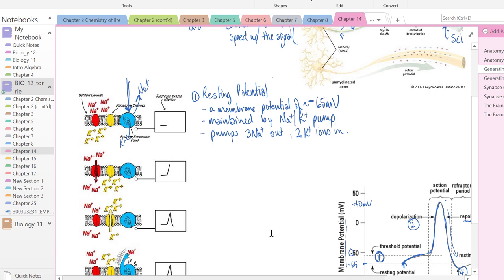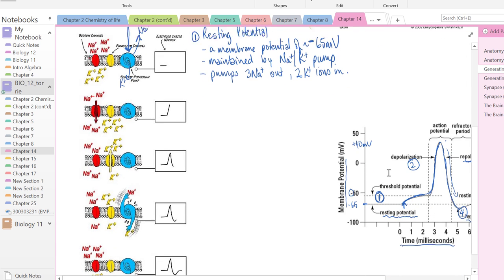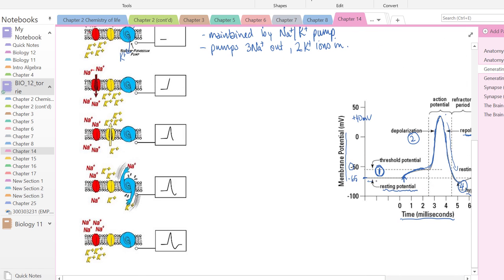All right, so that's resting potential. It's maintained by the sodium-potassium pump. And so any neuron that has not been stimulated is sitting at this resting potential. Then a stimulus occurs, and when a stimulus occurs, you get what we call depolarization. And depolarization is characterized by a stimulus